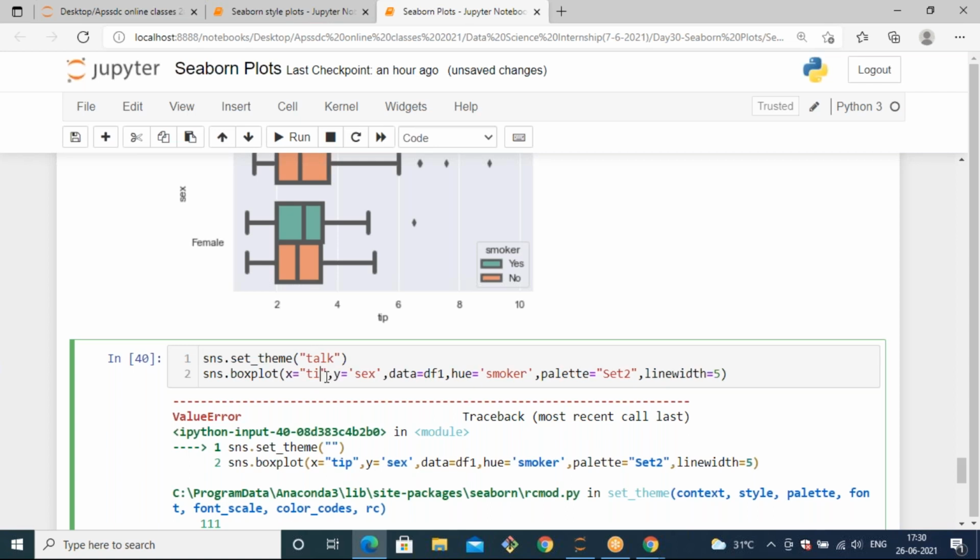Instead of tip, I am taking total_bill as my x value. So total_bill, and y is x, data is df1, hue equals day. Let's take the hue parameter as day, and palette. We don't want this palette. Let's remove it. It will generate the colors by default.